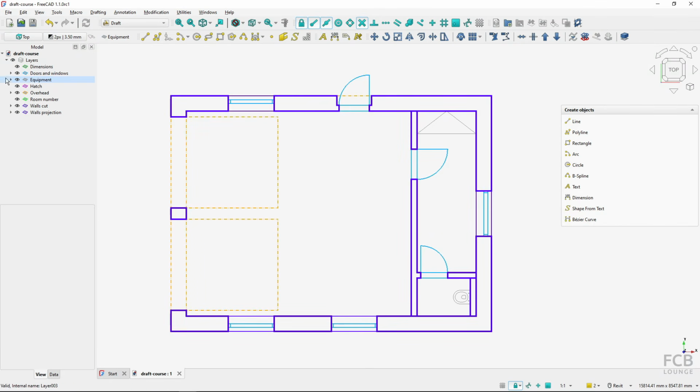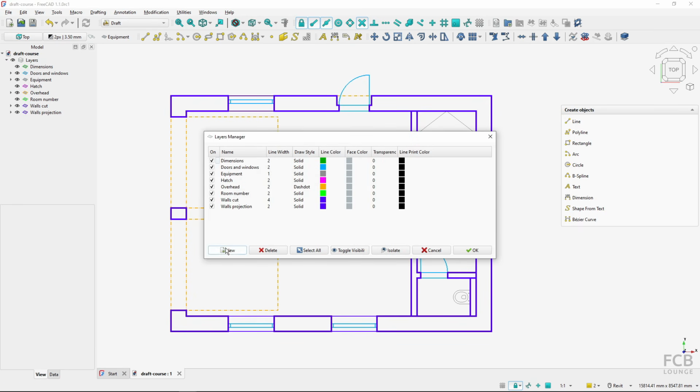So in FreeCAD we already have a hatch layer prepared, but for creating hatches we have to first create objects which have area, which then the area will be hatched. So actually I will create a new helper layer where these objects will be created. So I will fire up the layer management tool. I will create a new layer and I will name it hatch helper layer,